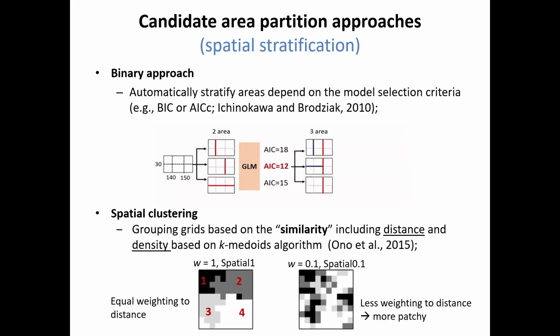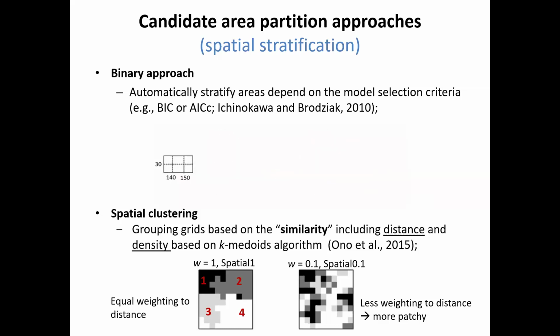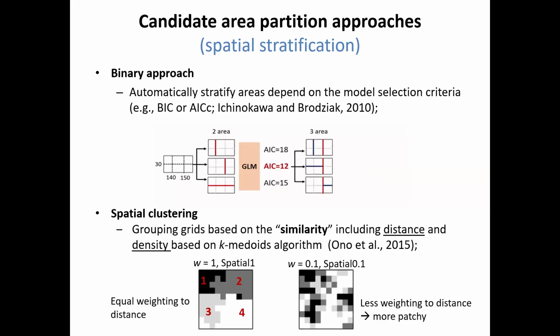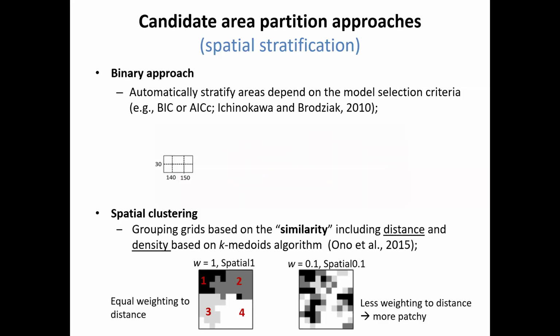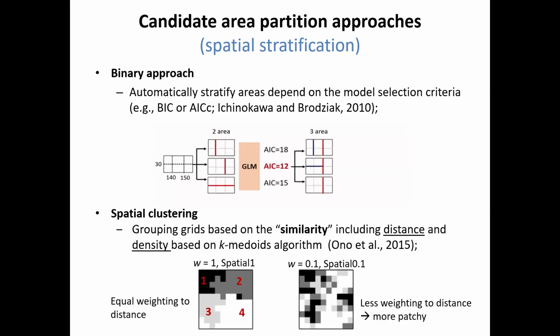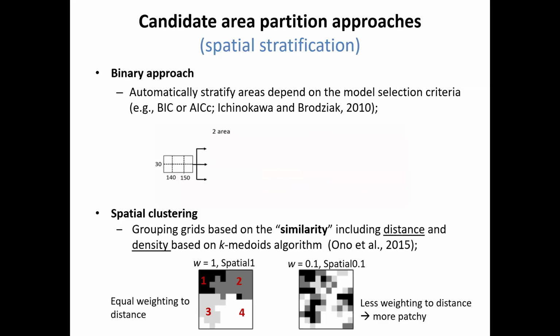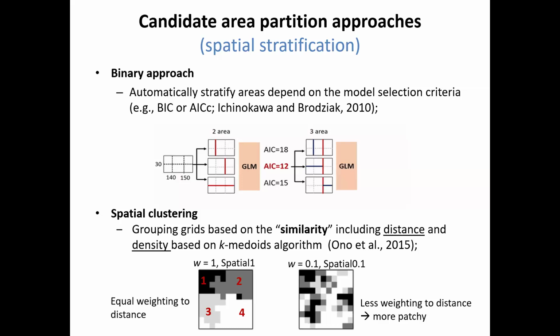And we include two weighting variables, which are W equal to 1 and W equal to 0.1. The W equal to 1 scenario means equal weighting to the density and the distance. So you can see that this is the result of the area stratification. When we decrease the weighting, which means spatial 0.1, there is less weighting on the distance. So you can see the area stratification has become more patchy compared to the spatial 1